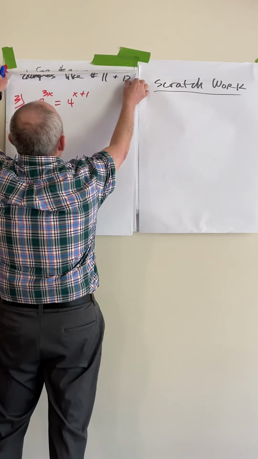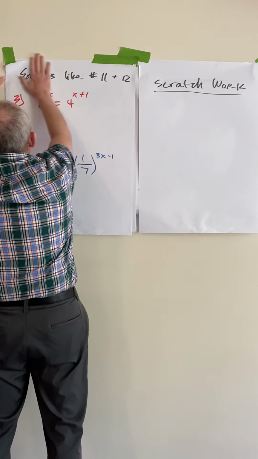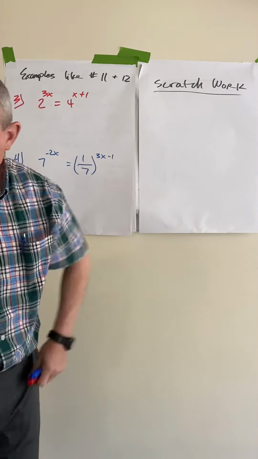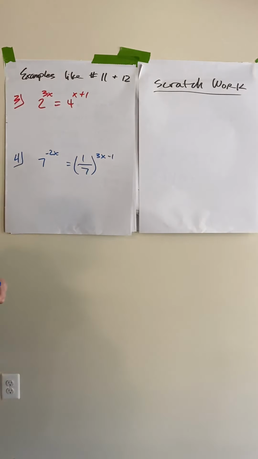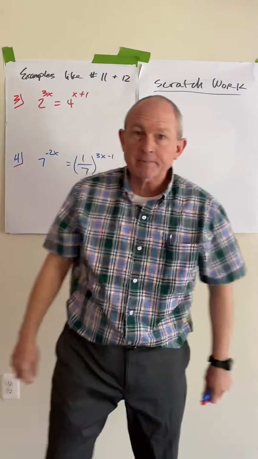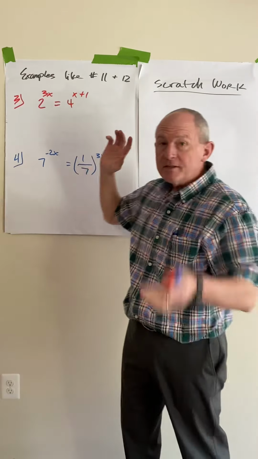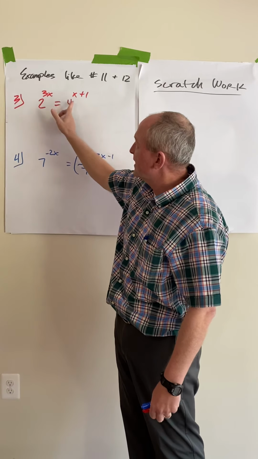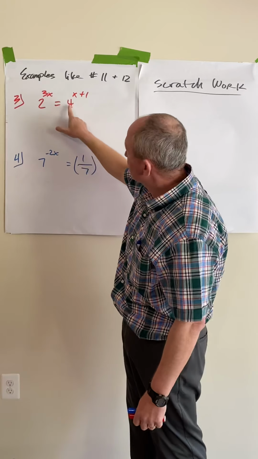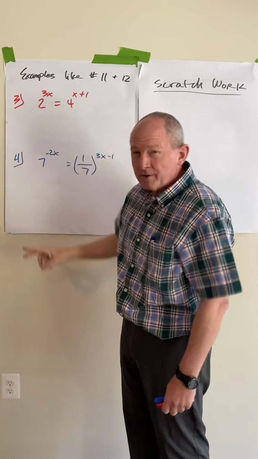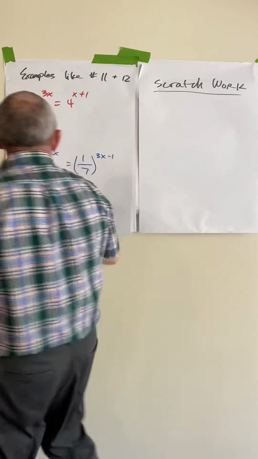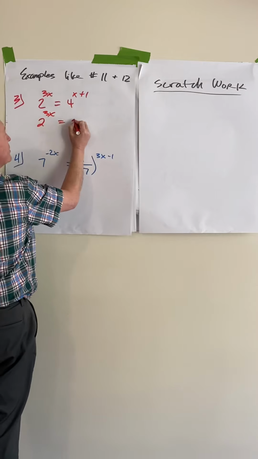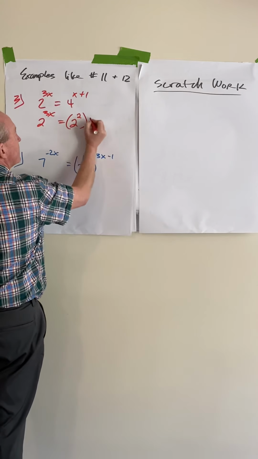Okay, these are problems that we did a long time ago, and you might forget how to do these. One of the videos, though, that you watched was supposed to try and remind you how to do these. So these are called exponential equations, and the easiest way to do it is when you can rewrite one side or the other using the same base as the other side. So it looks like the 4, I can change that 4 to 2 squared. If I change that 4 to 2 squared, I got 2 to the 3x equals 2 squared to the x